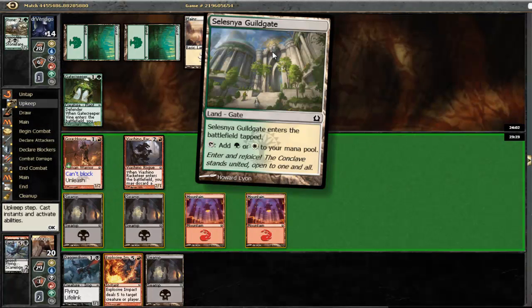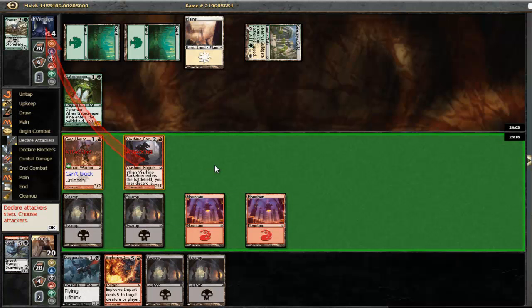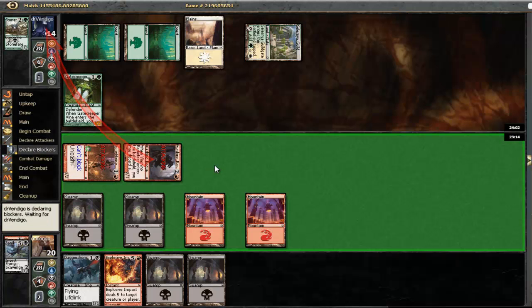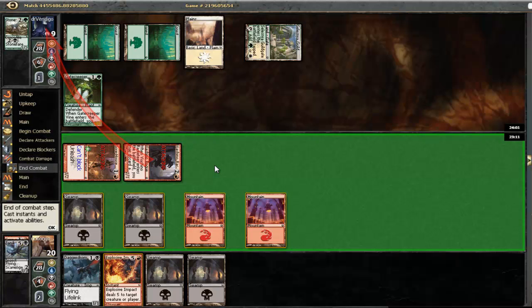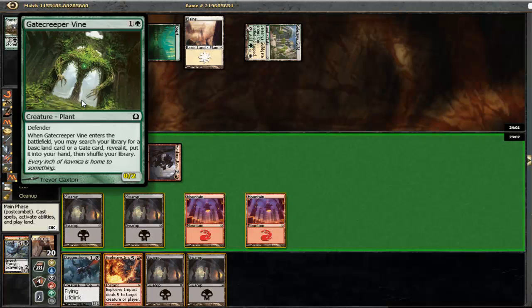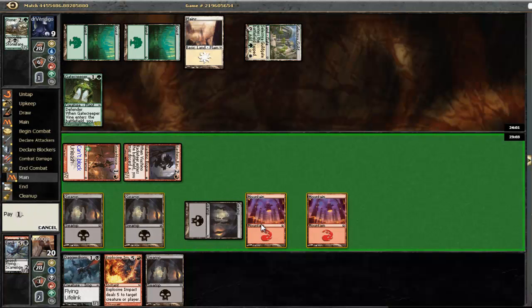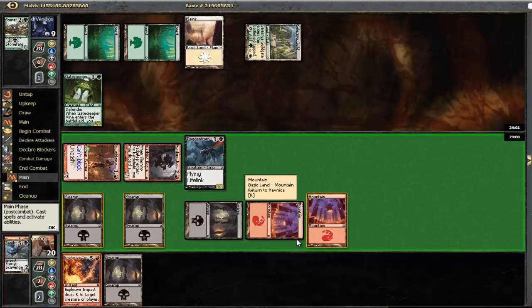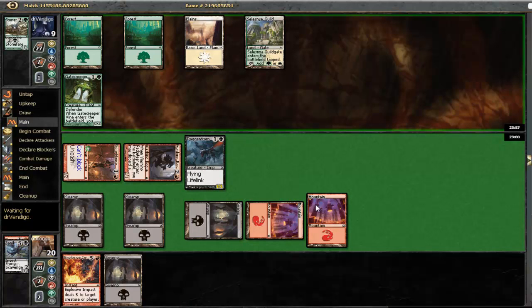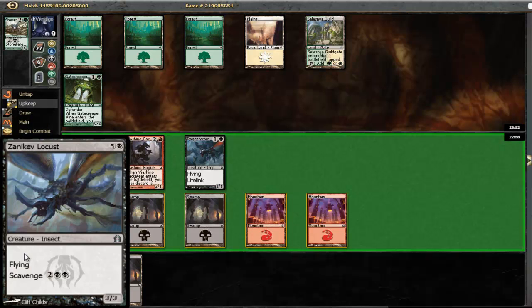Alright, he searched for a guild gate. It's definitely blocking here, I think. Taking 2. Alright, so he's taking 5 actually. So he may have some sort of the other wall, the Axebane Guardian here to add mana. Maybe that's why he didn't block. But yeah, right now we are just gonna go ahead and play this imp. Say go. Next turn we will be able to attack him with all of our guys and aim an Explosive Impact to his face. Or alternatively we can pump